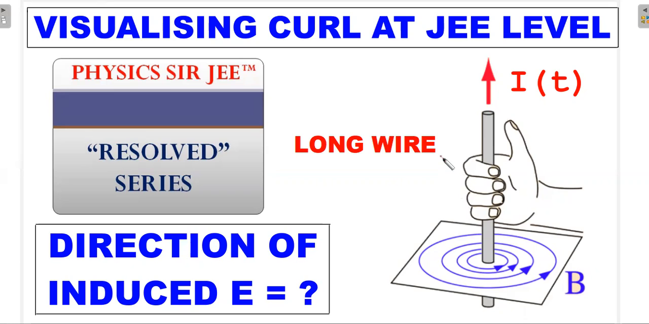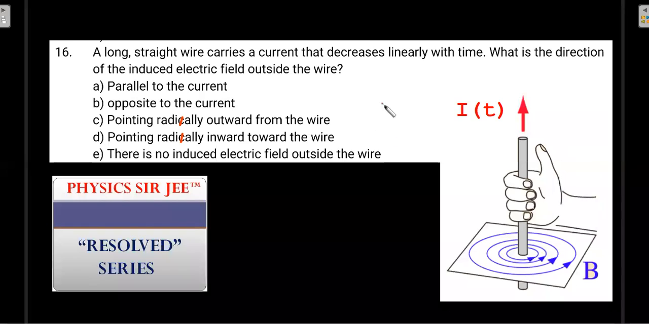I'll present to you the statement first. A long straight wire carries a current that decreases linearly with time. Right here, what is the direction of the induced electric field outside the wire? Is it parallel to the current, opposite to the current? Is it pointing radially outward from the wire, pointing radially inward,